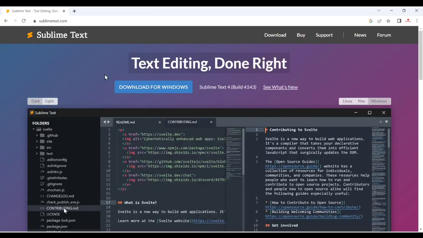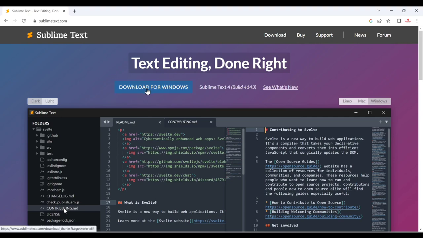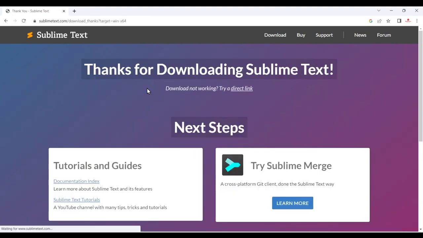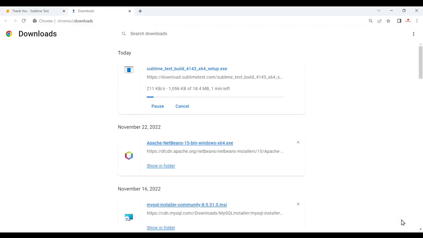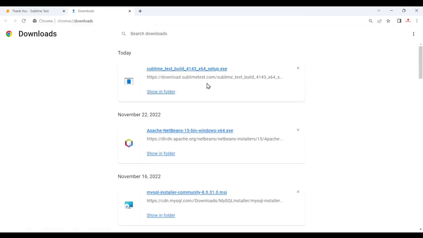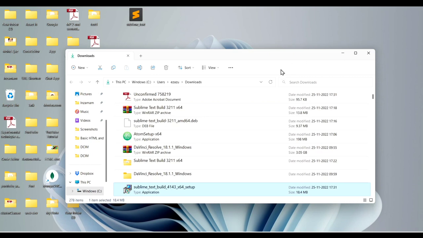Okay, now here you can see the download option and you can download from here also. I just click here, it will start downloading. Okay, you can see after downloading we will see how we can install. Now after download just click on show in folder, and after that I just minimize this, and here you